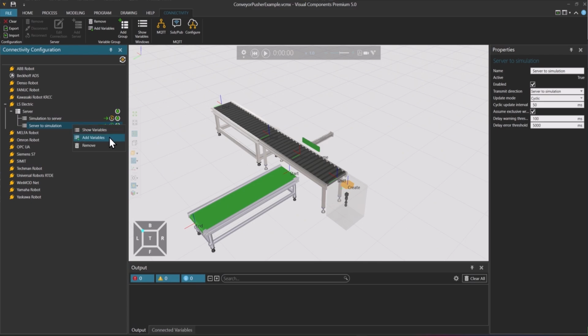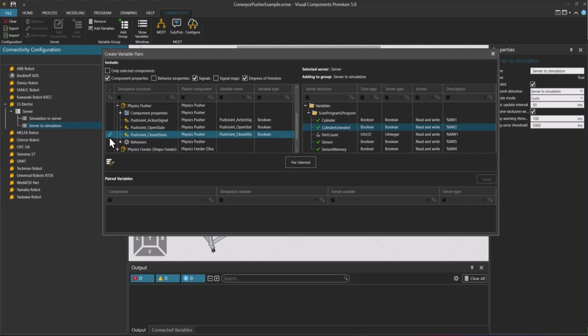But we can still use the cyclic mode, so let's also pair the variables from the server to simulation. And here we want to get the cylinder actuation command and then pair that with the physics pusher push joint action signal, like that. Now we can close the Create Variable Pairs window.